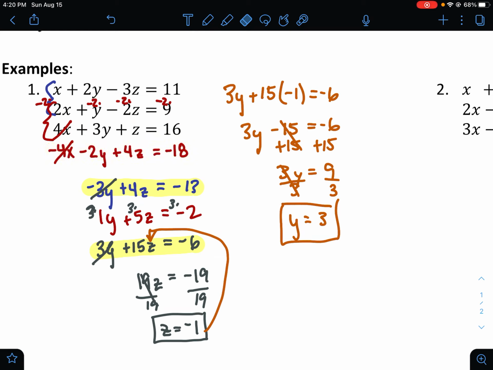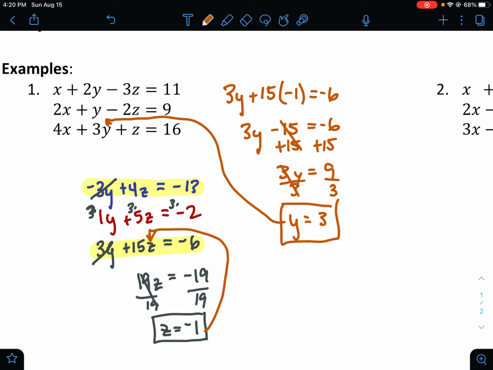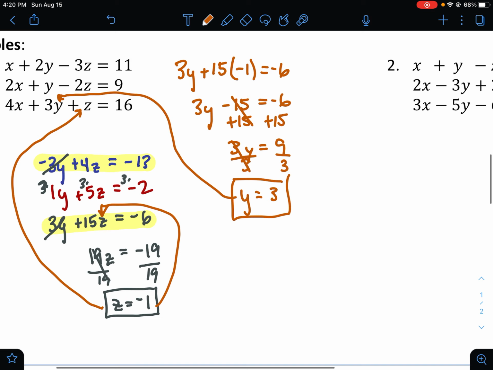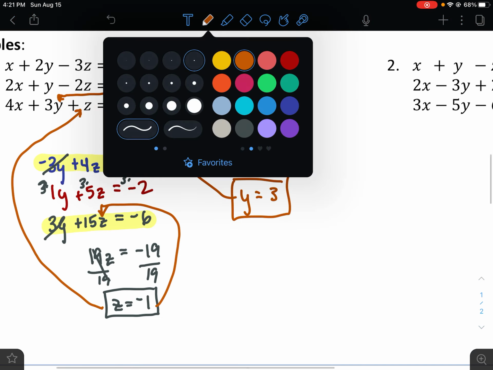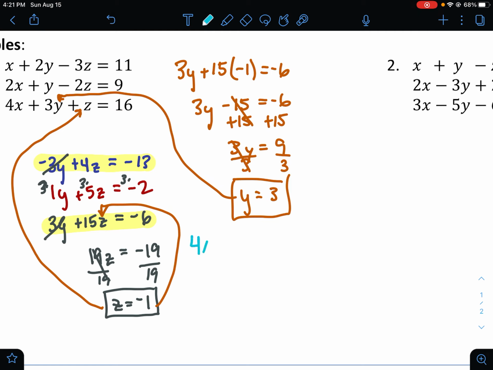Let me clear all this junk that's up here. I'm going to now put this y right in for that y, and I'm going to take this z and plug it in right there. And so let's do this one last time. I'm running out of colors here. So I have 4x plus 3 times y, which we already know is 3, plus z, which is -1,